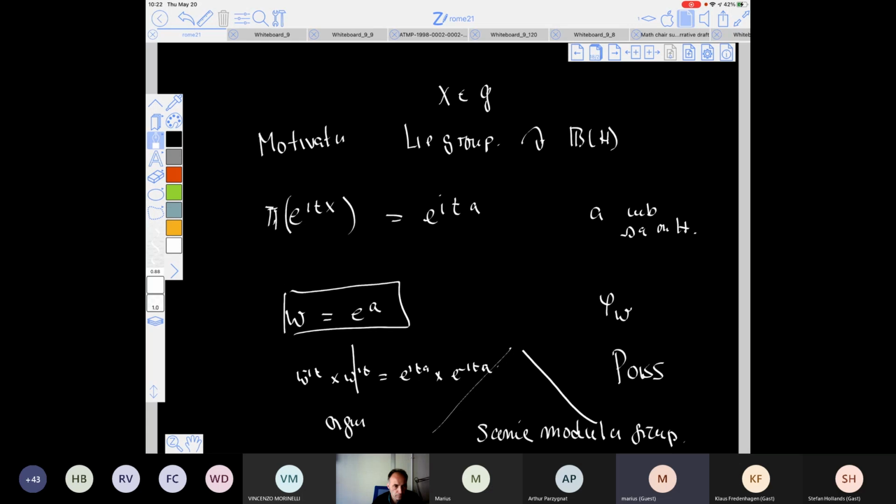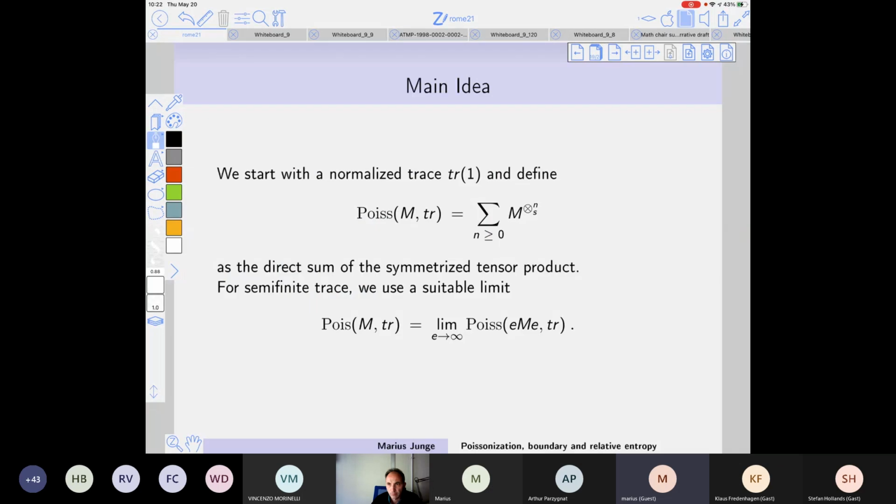For instance, if we equip this with a trace, and you assume this group action to be trace preserving, then this will give us something nice. On this new Poisson algebra, which depends on the weight and is no longer the same if we do it with the trace, this is a new object. That's fine. Good. So this is where we have a hope to apply this to field theory and construct fields.